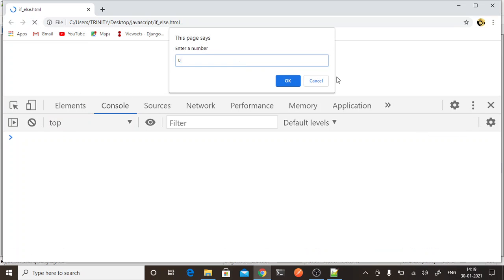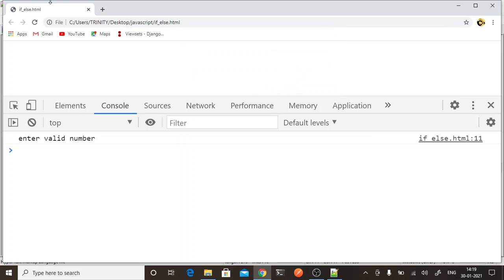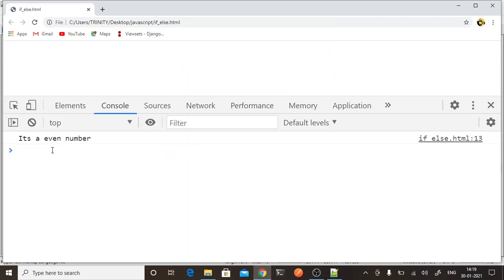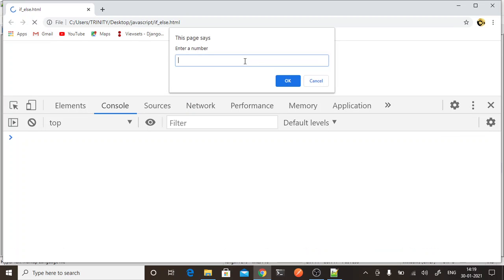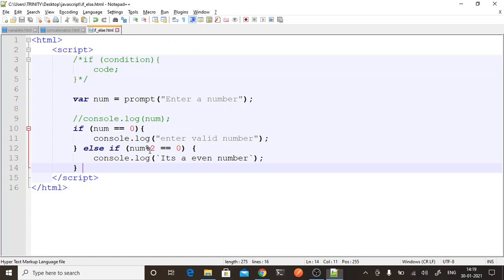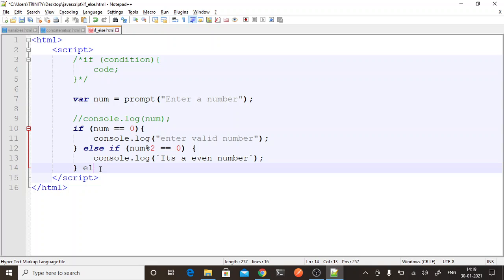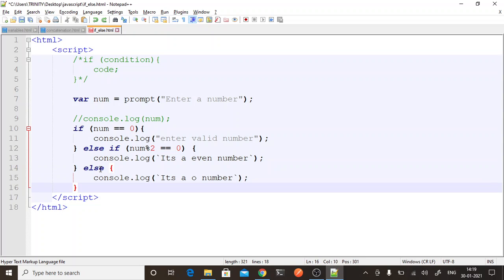If I enter 0, it will say enter a valid number. If I give an even number, it says it's an even number. But what if I give an odd number? It is not doing anything. So I will have to give one more statement, as we have given previously: else, it's an odd number.